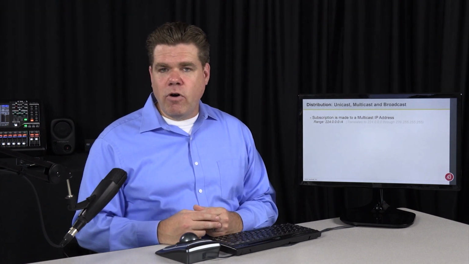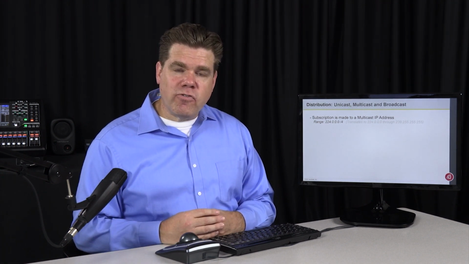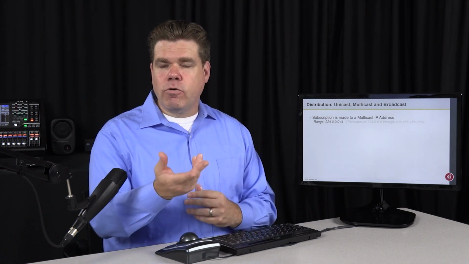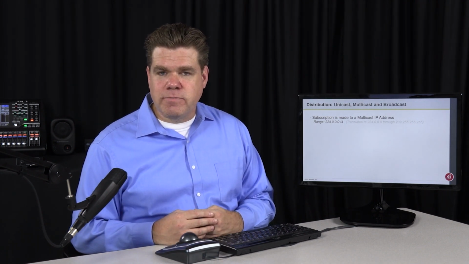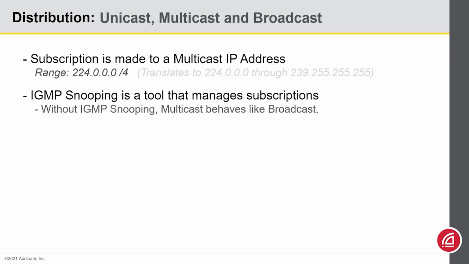The only reason why we go over this is if you're on an enterprise network and the IT manager asks you, hey, which multicast subscriptions are you using? Now you'll know what they're talking about. And of course, we'll show you how to find the particular streams that we use. So the multicast streams fall in the range of 224.anything through 239.anything. Now multicast, as we showed it to you, assumes that a function like IGMP snooping is engaged on your switch.